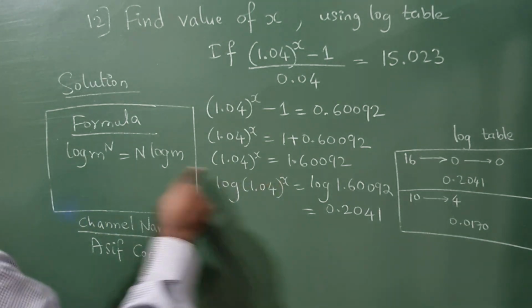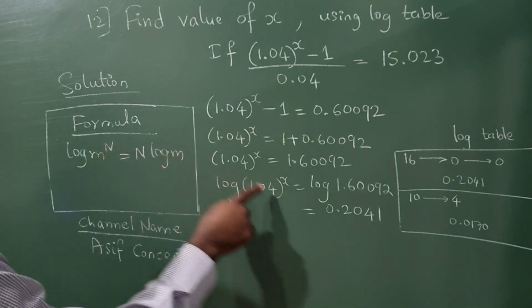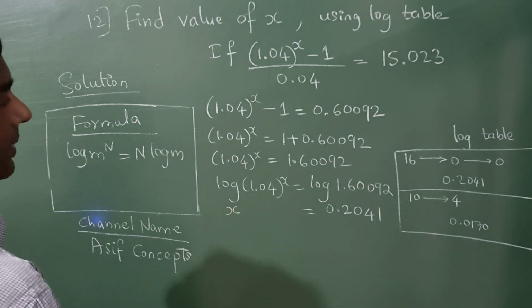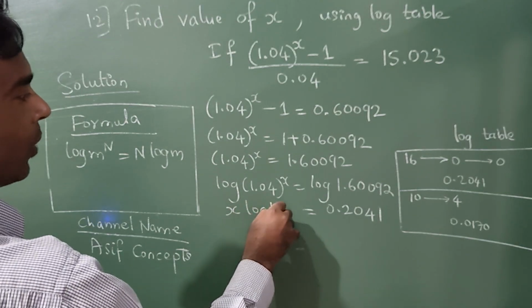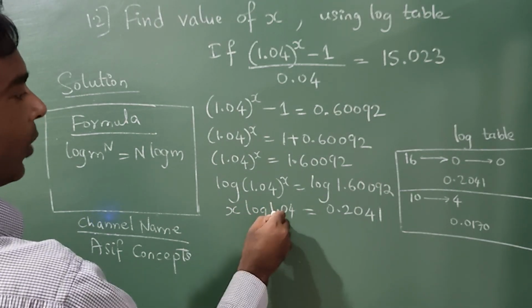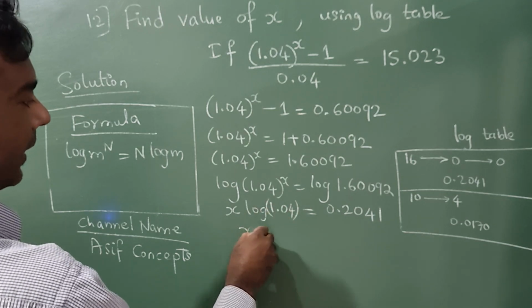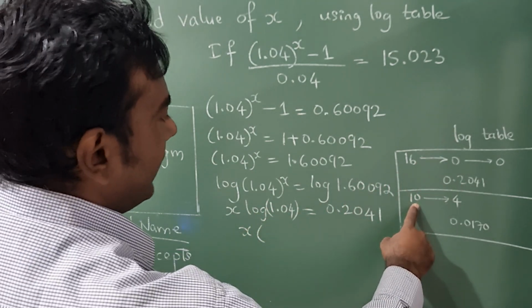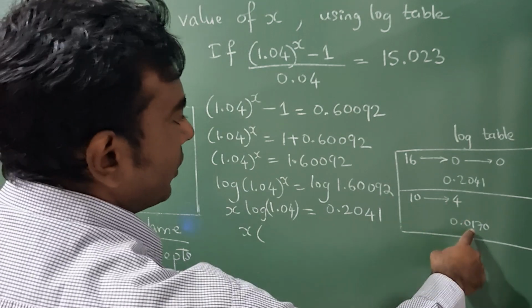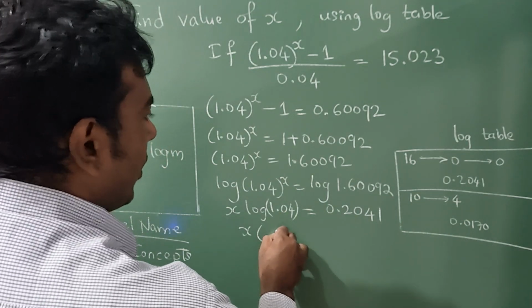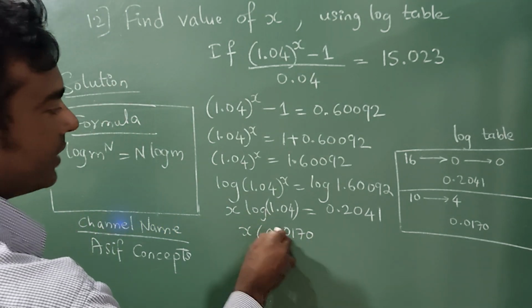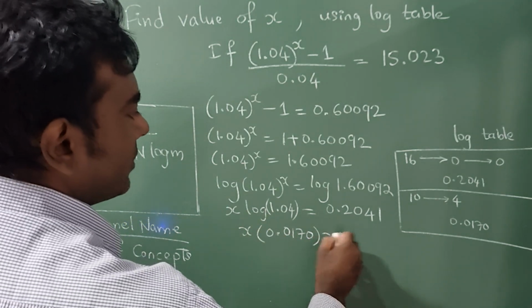Now for this you need to apply this formula, log of m raised to n is n log m. So I am going to write x log 1.04. Now go to log table, there you see 10, 4th column, so you'll get 0.0170. Since there is a 1 here, you need to write 0. That is equal to